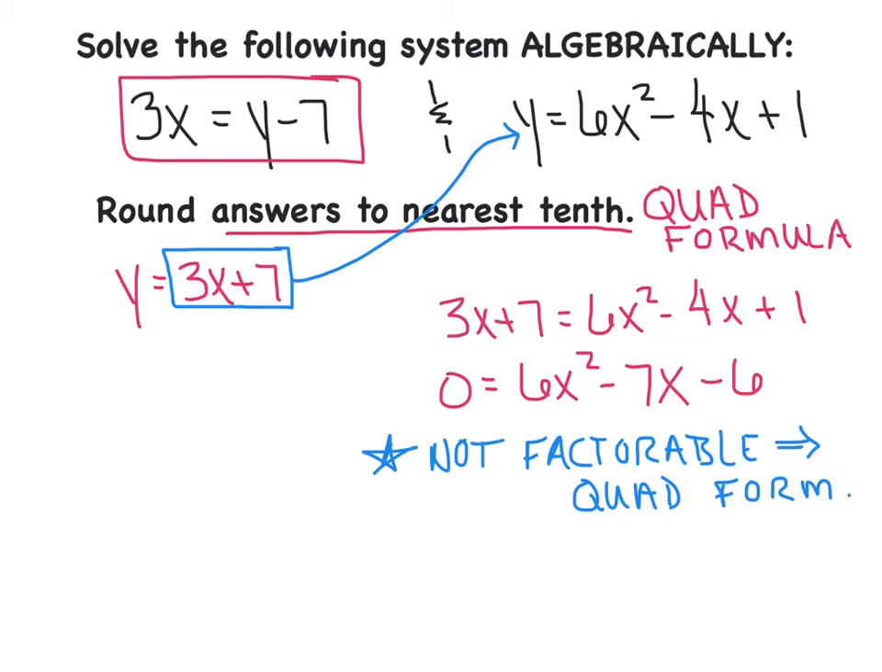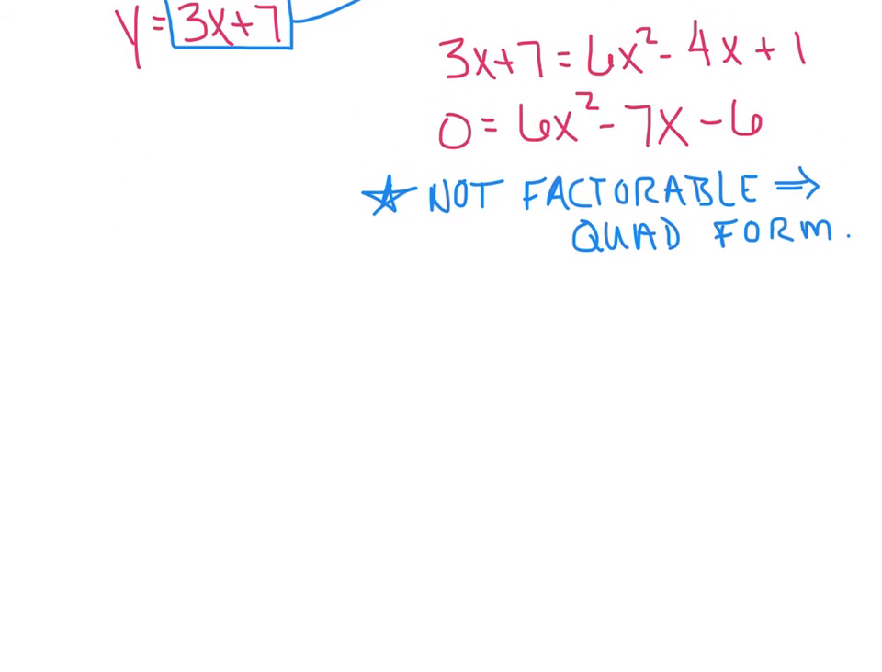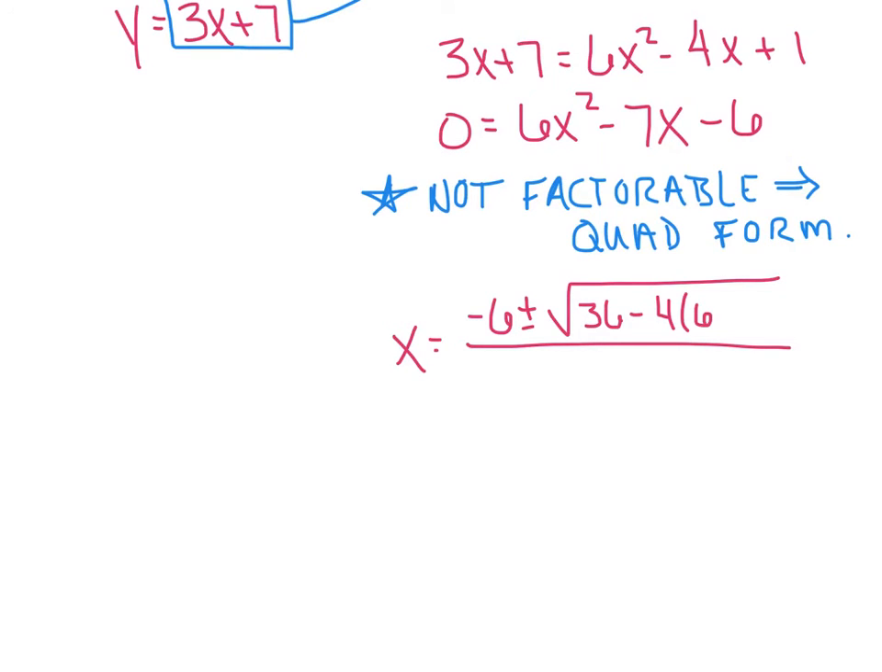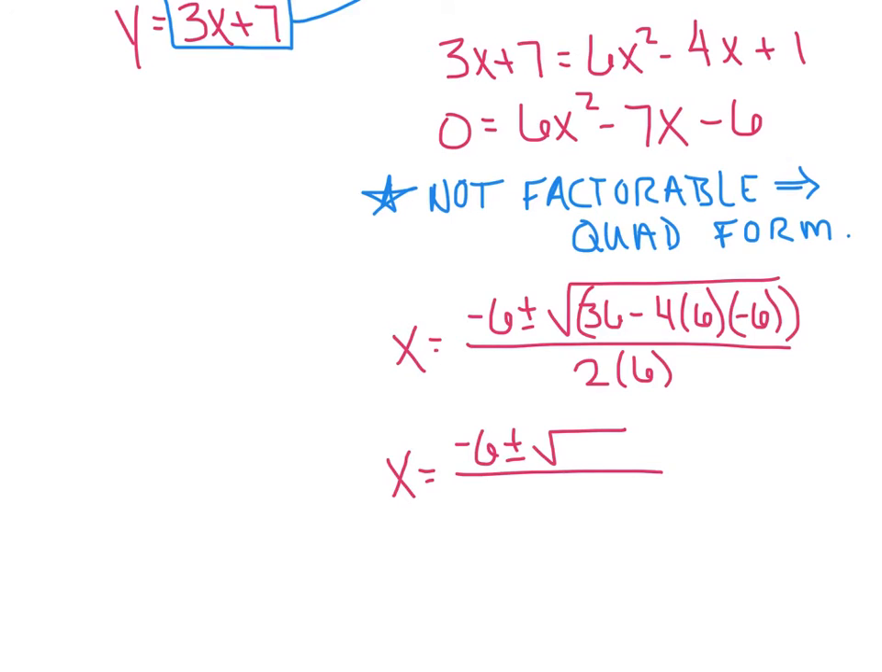X equals negative b plus or minus the square root of b squared minus 4ac, all divided by 2a. So here's what I'm looking at. I've got negative 6 plus or minus the square root of 6 squared minus 4 times 6 times negative 6, divided by 2 times 6. Okay, and I'm using my calculator. I've got it right next to me here. And my discriminant, in other words, the 36 minus 4 times 6 times negative 6, turned out to be